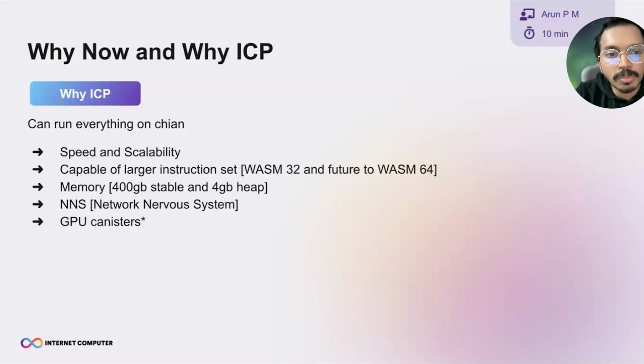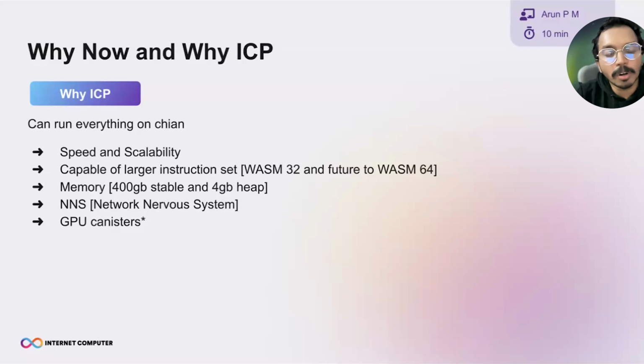Currently WASM32 supports a much larger number of instructions, and IC is ready to upgrade to WASM64. That creates a huge opportunity for developers, not just for AI but for other development too. And coming to memory, we have 400 GB of stable memory, and that makes a huge difference.